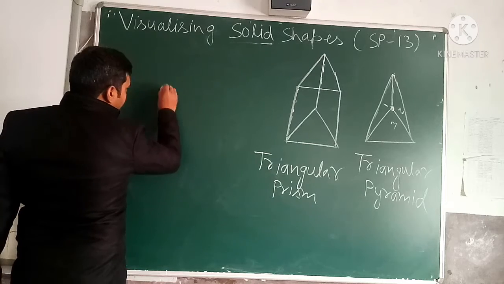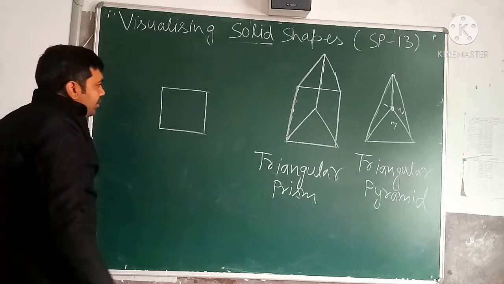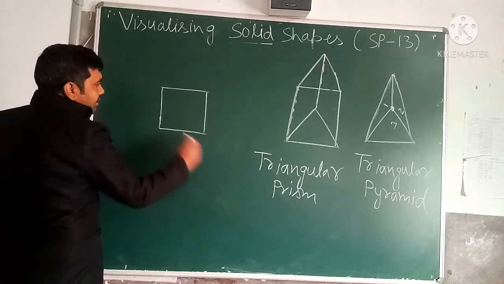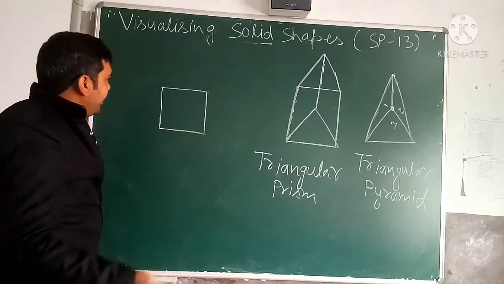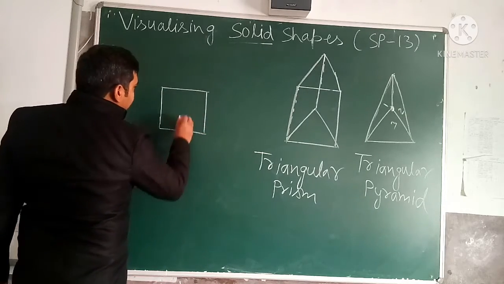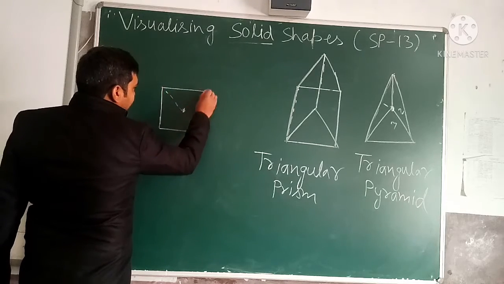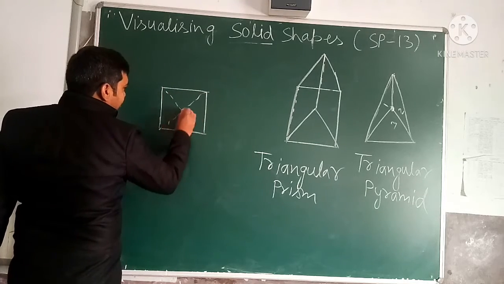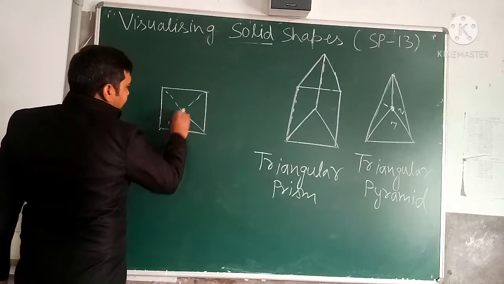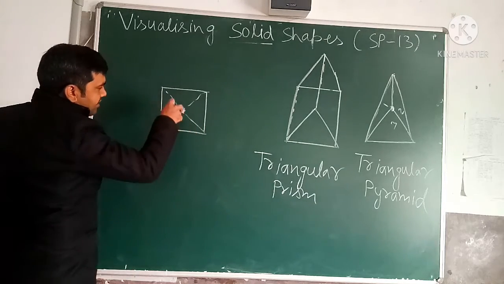Suppose we draw a square. So that is the square pyramid. Now, if a square has 4 sides, we erect 4 triangles, one on each side of the square. See how we erect 4 triangles. Here one triangle is joined here, another triangle is joined here. This is a square pyramid. You can see it's a 3D shape.